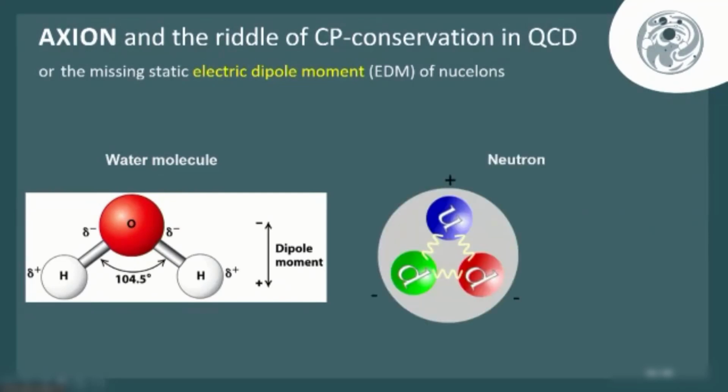And now if you Google for neutron or proton, you will find this sort of representations. What is a proton or a neutron? It is a composite particle made of fundamental particles, quarks, and very often you find the 3 valence quarks depicted with some gluons exchanged between them, and they are displayed as a triangle. Now, for the same logic, the up quark is positively charged, the down quarks are negatively charged. They would be displaced in this way, and the neutron is expected to have a dipole moment.